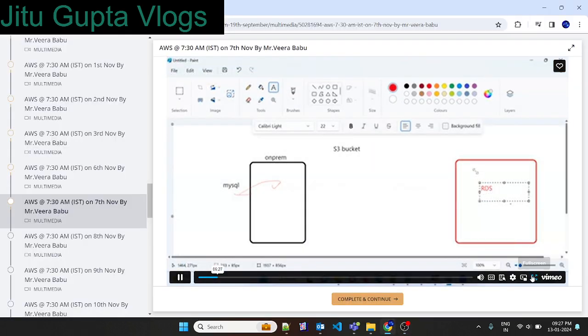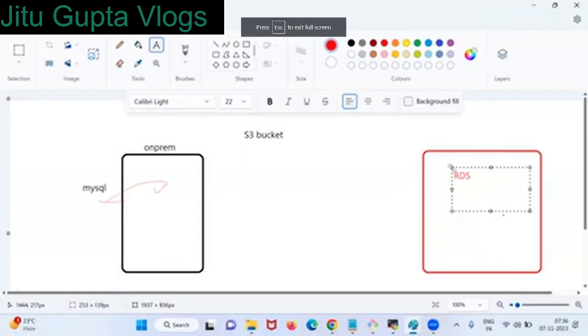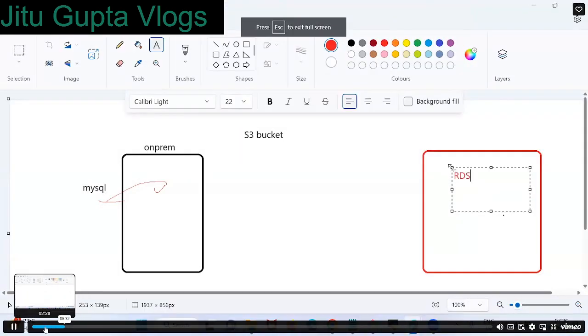So in RDS, we have different flavors: MySQL, MongoDB, Aurora DB, so many things are there. We'll discuss that in the class. Anyway, so